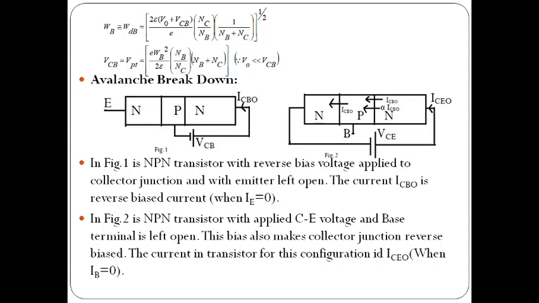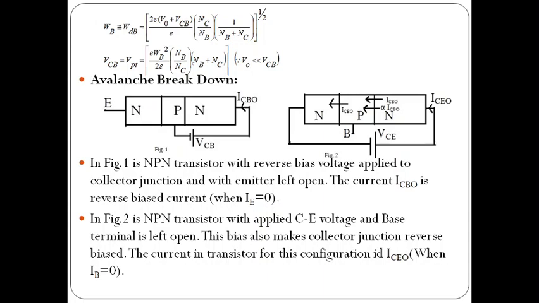Here V naught is the built-in potential, VCB is the reverse bias voltage, and it is also called the punch through voltage or reach through voltage. Why? Because at the particular point of VCB, WB equals WDB. That means the collector and emitter are electrically short circuited. So we can say VCB is also called VPT, the punch through voltage. Here we have neglected V naught, which is the built-in potential. It is generally 0.7, and VCB is a large reverse bias voltage. So 0.7 is very small compared to VCB, so we neglected that term V naught.